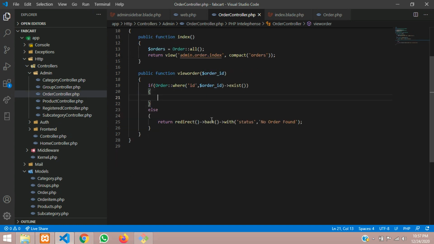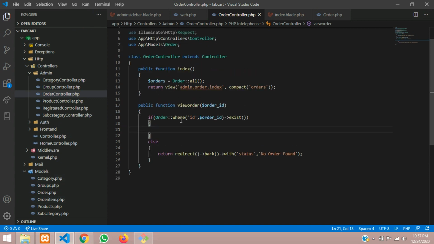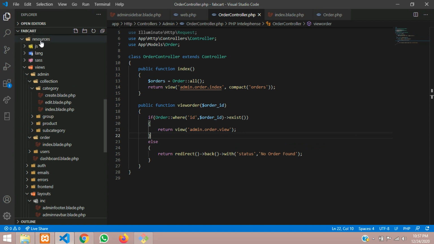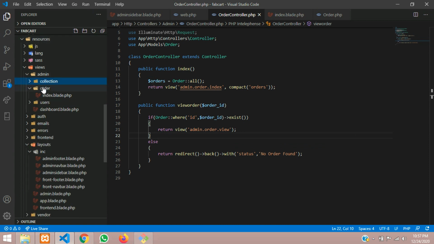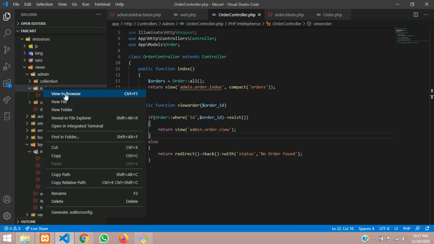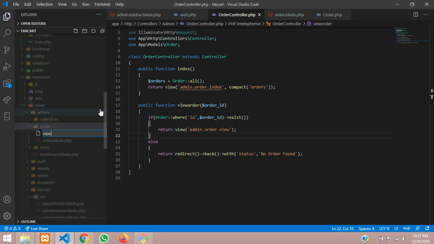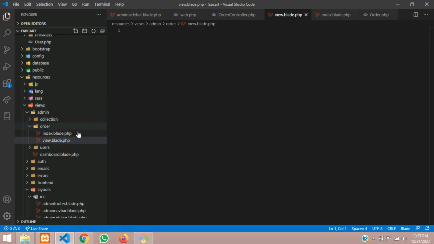And now guys, as you know we are going to fetch the details, but before fetching we will design the page first. So let's create that order view. Inside admin we have the order folder. Inside, let's mention in single quotes, inside the order page we are going to create a view page. Let me copy this and create a view. Let me scroll down to resources, views, admin. Inside admin I am going to follow my order folder, and inside order we will create a file view.blade.php. Enter, and this file is created.